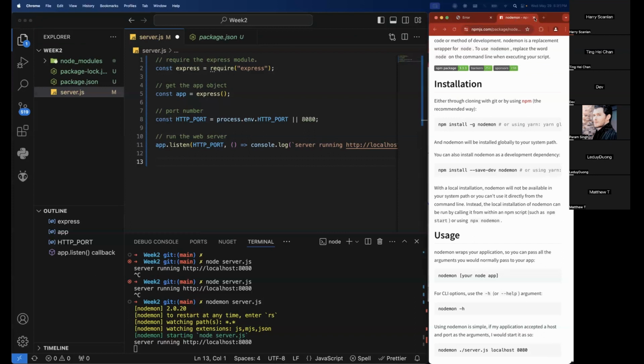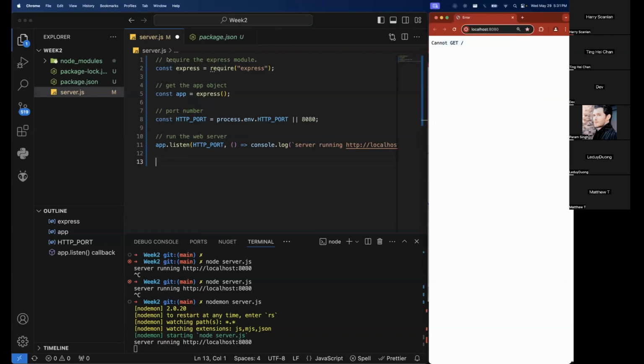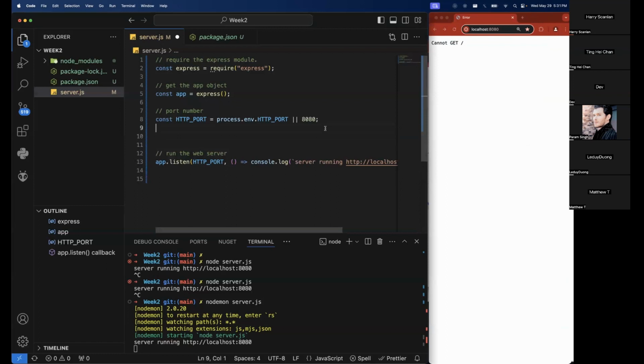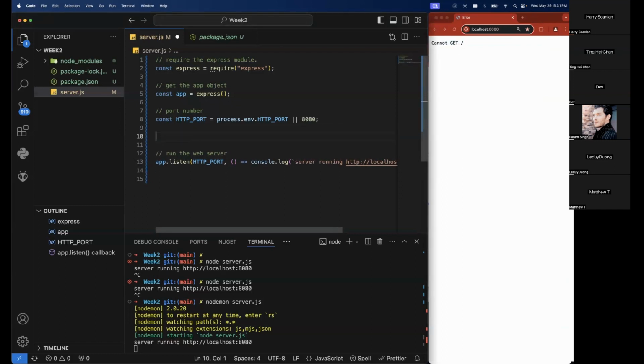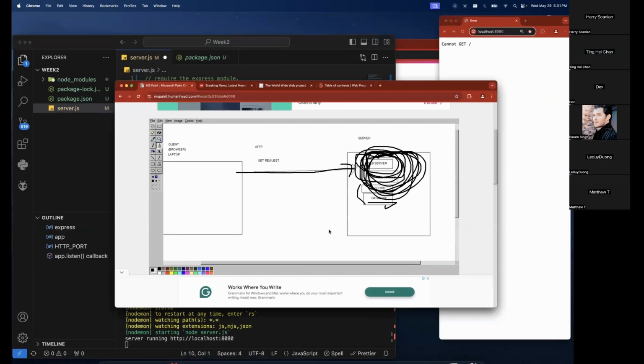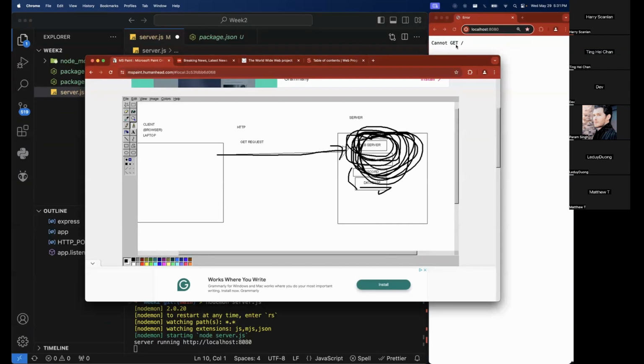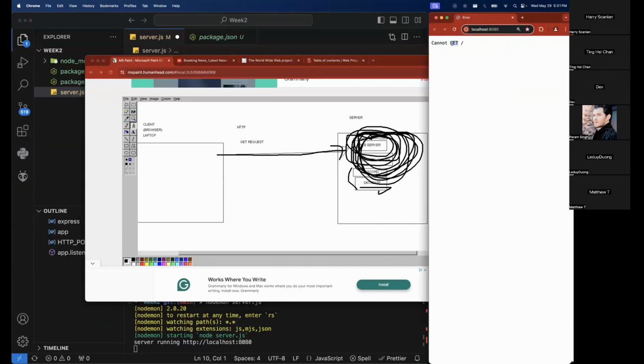Okay. So hopefully you guys get this running so far, but it's kind of a useless web server because we just have "cannot get slash", right? And just notice the keywords. We went through all that rigmarole of get requests because now you understand what's happening with "cannot get slash". So first things first,